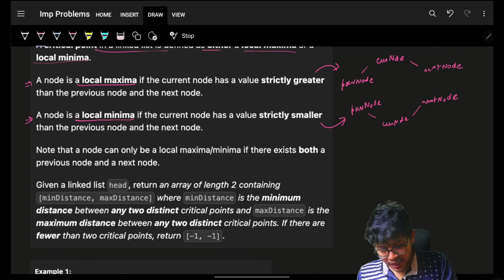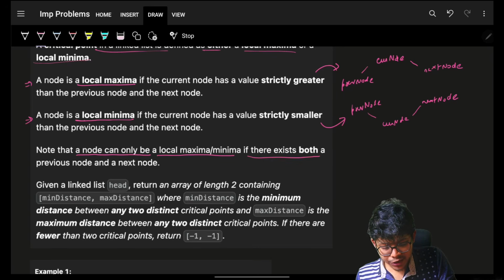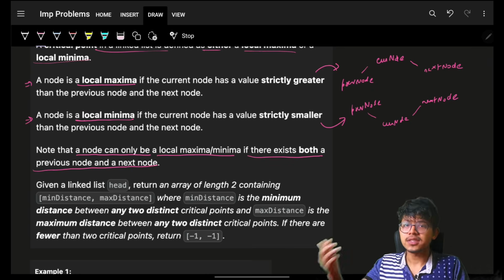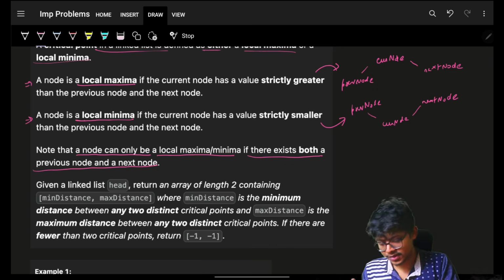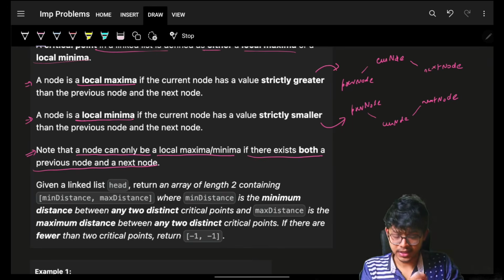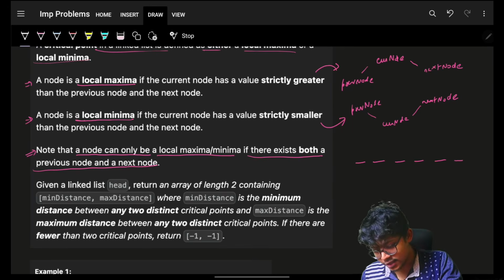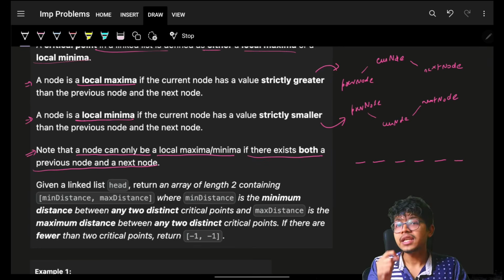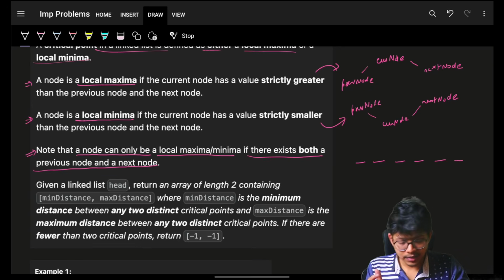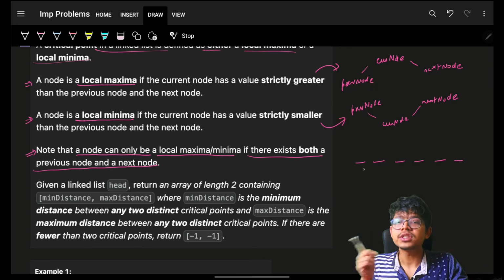Now we have to note that a node can only be a local maxima or minima if there exist both a previous node and a next node. That is a condition which is given in some problems and not given in some problems. Now what is the inference of this condition is that if I have an array, to even name an element or a point as a local minima or local maxima, I should have both its previous and its